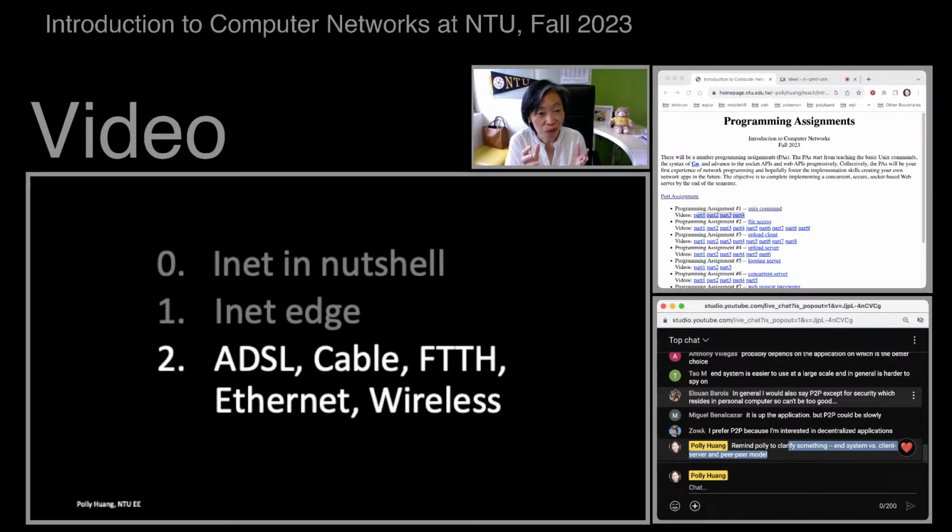So client-server is the opposite of P2P. And both of these, P2P and client-server, are the communication models one can apply to allow end systems to send messages to each other. I hope that is clear.